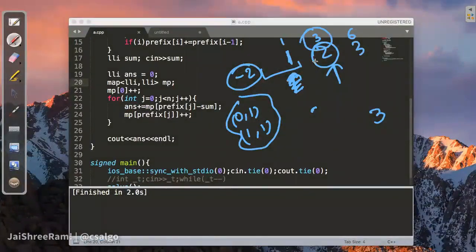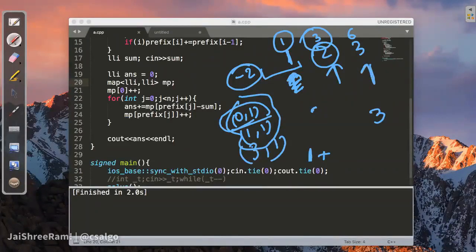Prefix of j is 3, right? Sorry, we did not insert this one, we inserted this prefix one, right? So the prefix sum over here is 3. So prefix of j minus 3 is what we search for. So prefix of this minus 3 will be 0. So we see the count of 0 is 1. So we increment answer by 1, okay? And then we insert this 3 as well once, okay?